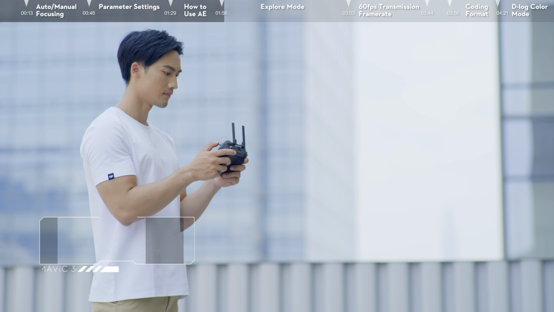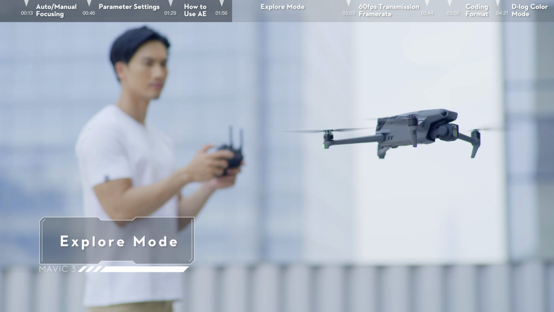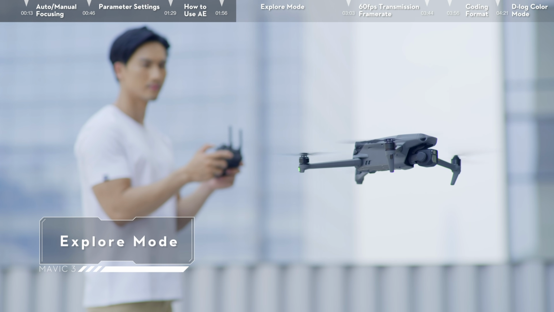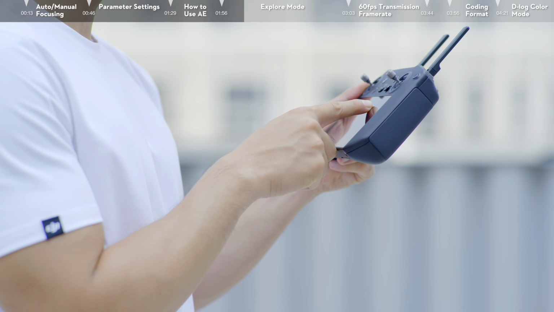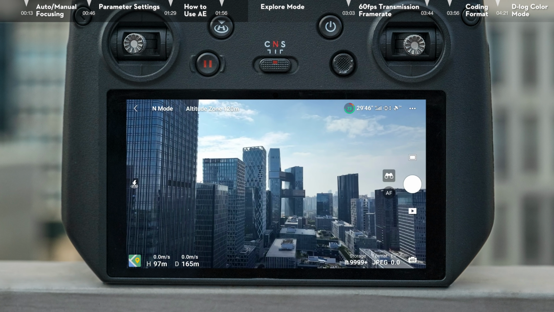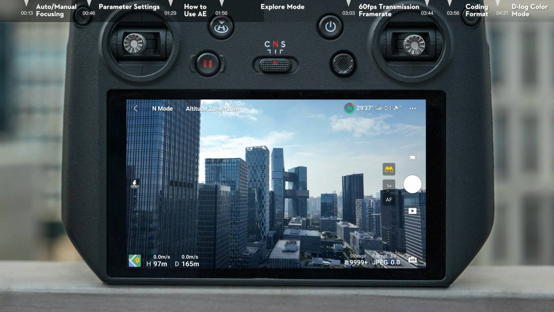Explore mode. Explore mode enables the telelens of Mavic 3, providing a safer way to explore and plan shots. Here are the instructions for how to use Explore mode. Tap the telescope icon next to the photo or video button to enter Explore mode. In Explore mode, you can use Mavic 3's hybrid zoom in any of the following 5 ways.